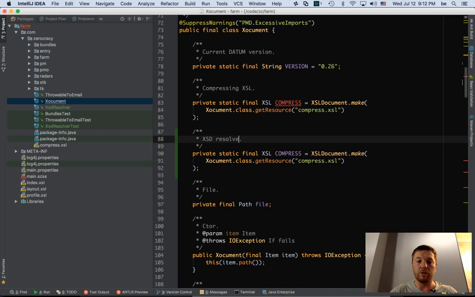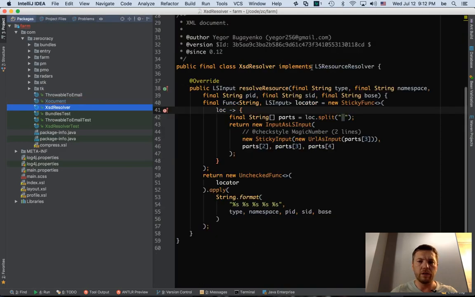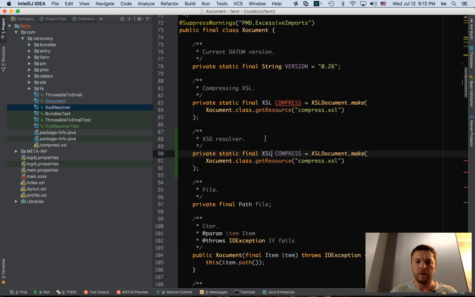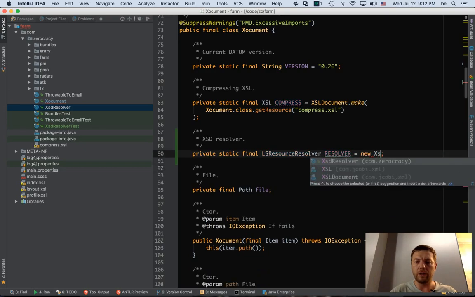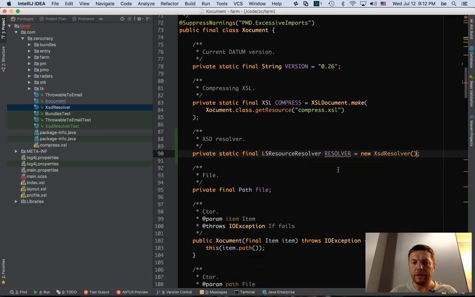XSD resolver is the one who is responsible for, let's see the interface again. This is the guy. So we put it here. Let's call it resolver, and the new XSD resolver. So it's static.